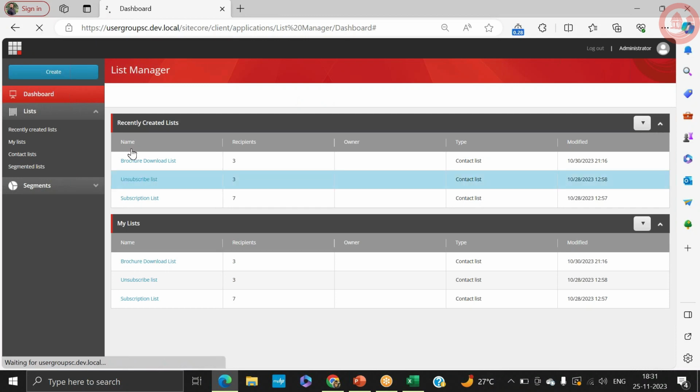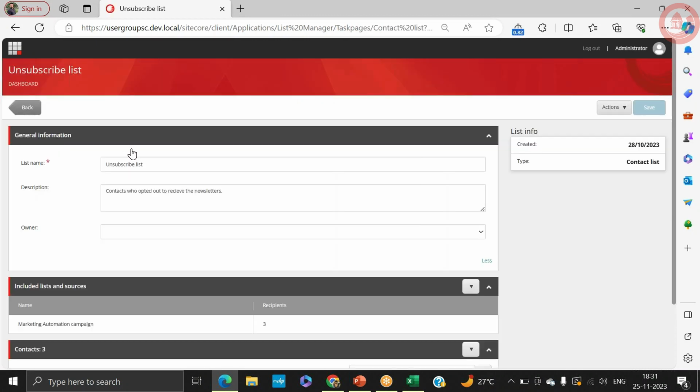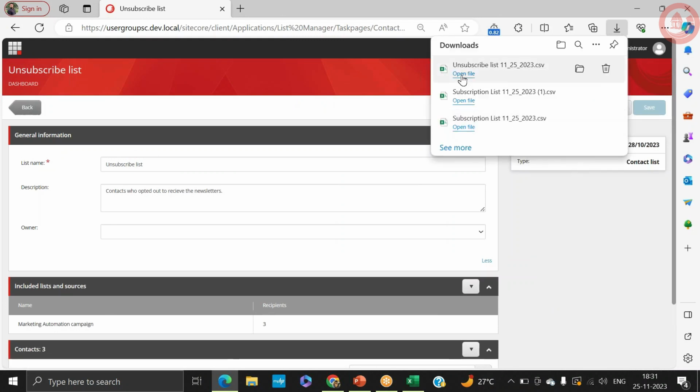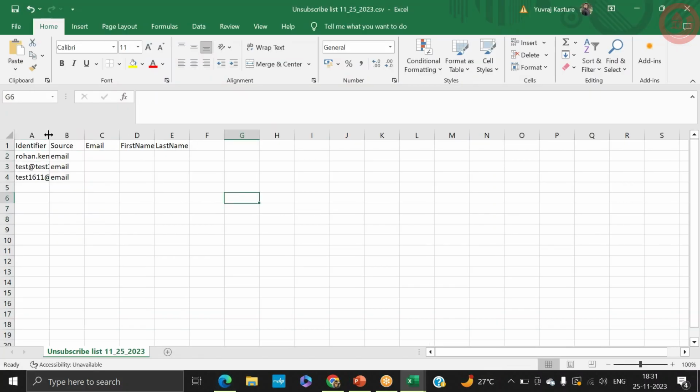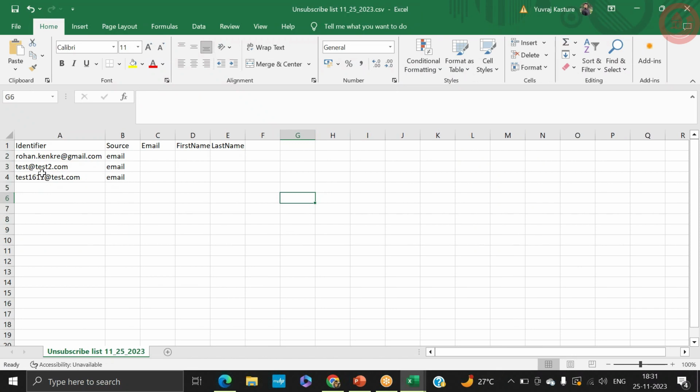And then the user will be automatically removed from the list. Sorry, I'll show you. So what happens is when you're reporting, you know how many users left you. If you just don't create this list, then you don't know the report. But here you can just go here, export the contacts, and you can see how many are still open, how many users have unsubscribed from the list. This is one scenario. Second thing can be, let's say there is another email campaign going on